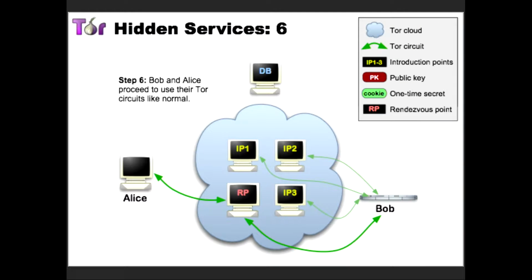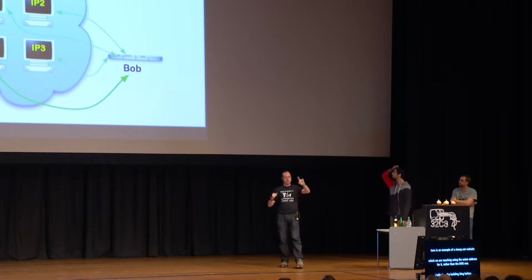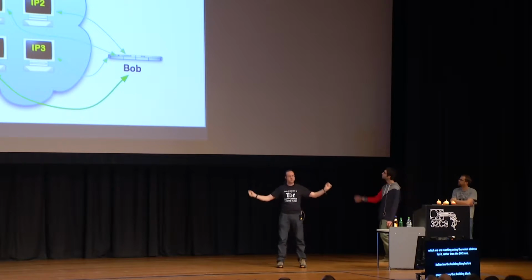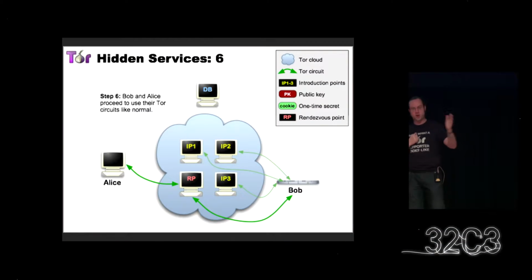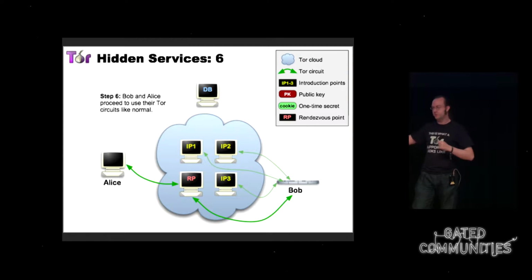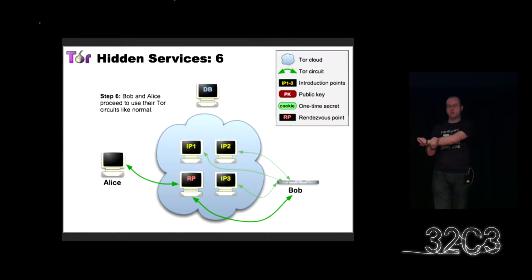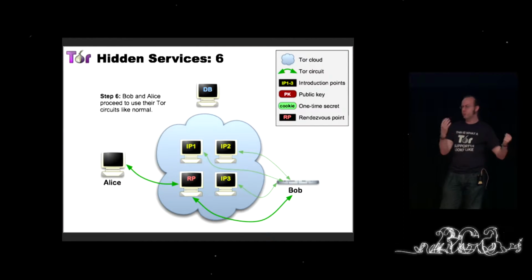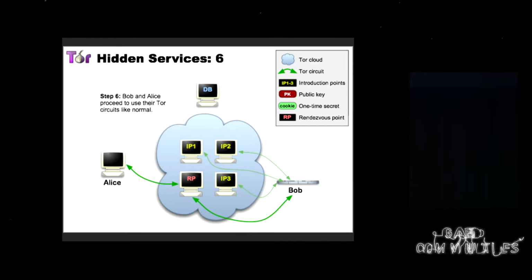OK, so I talked about the building block before, how you use Tor normally to build a 3-hop circuit through the network. Once you have that building block, then you can glue 2 of them together. So you've got Alice over here connecting into the Tor network, and you've got Bob, the website, connecting into the Tor network, and they rendezvous in the middle. So Alice is getting her anonymity, her 3 hops inside Tor. Bob is getting his anonymity, his 3 hops inside of Tor, and they meet in the middle. So Alice doesn't know where Bob is, Bob doesn't know where Alice is, and the point in the middle doesn't know either of them, yet they can reach each other and get some cool security properties.